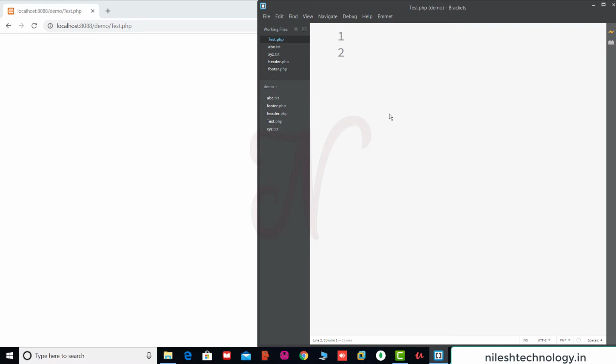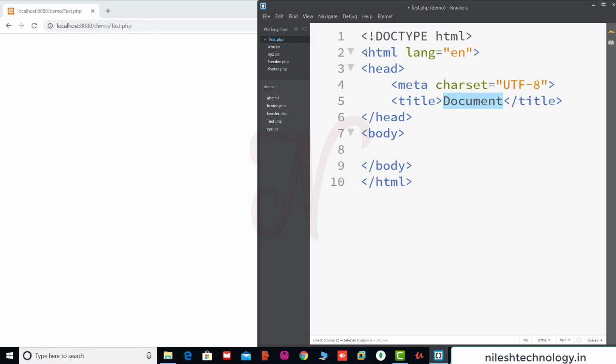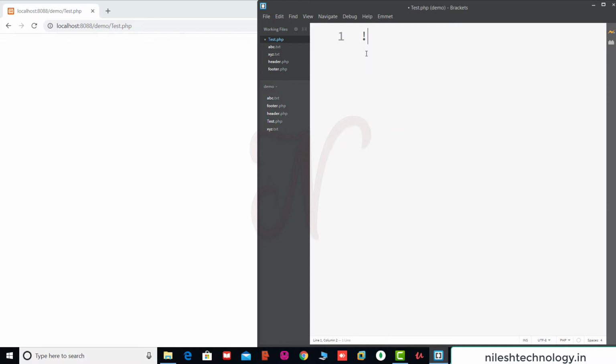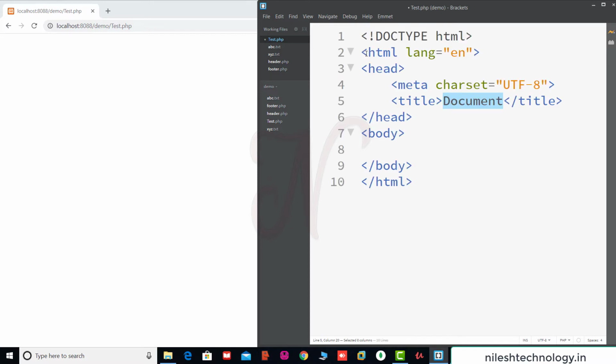After successful installation of Emmet, this is your PHP file. Here I want to put the exclamation mark and press the Tab button. Then see here, this code is automatically entered. So this is the benefit of installing the Emmet tool. This is one shortcut: just use the exclamation mark and press the Tab button, and this code is automatically entered. It saves a lot of time when you develop your application.